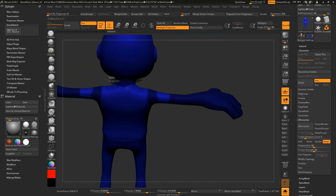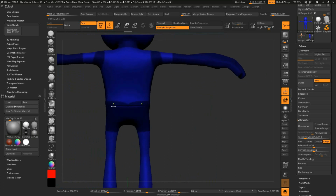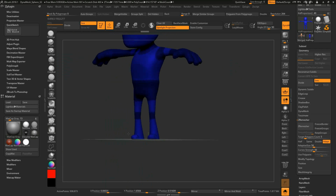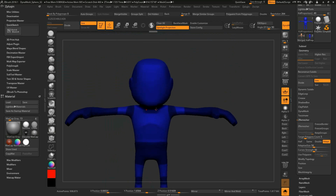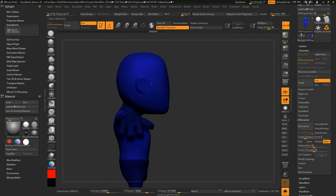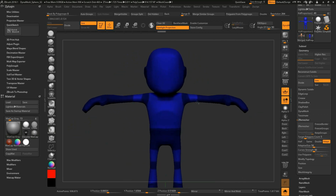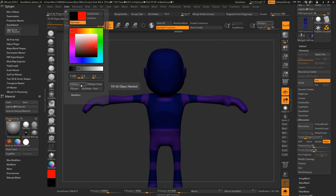Let's do the neck. Let's do this whole bit here. A bit of the knees, and let's do all the feet. And why not a little bit of the ears? Okay, so these are areas that are going to get more resolution. So I'm going to fill them, color, bit of red,